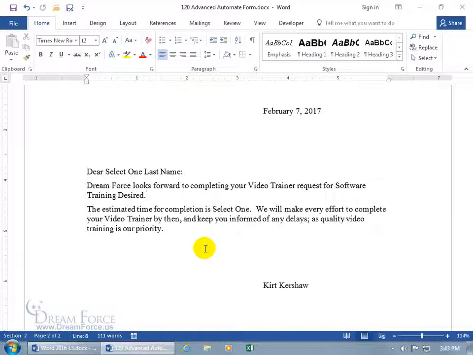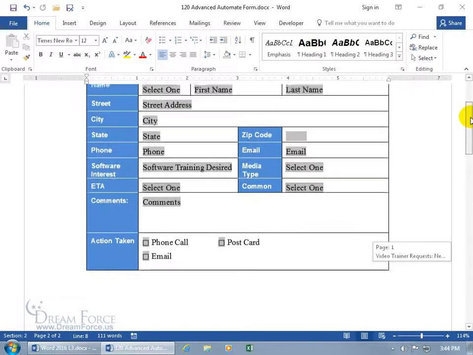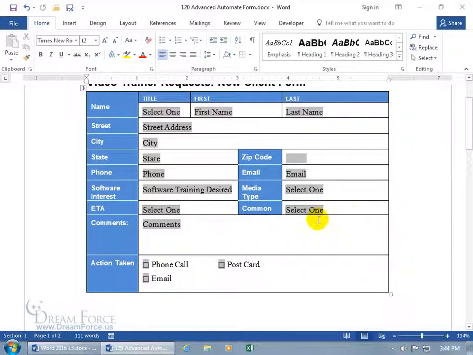Now this text that I want to add, I can either type it in myself after I insert some fields and change the coding thereof, so it'll automatically be pulled in when somebody types in some specific text or chooses a specific item again from a drop-down menu, or I can have it pull in from AutoText. And of course, if you watch my AutoText training video, you know what I'm talking about, but I'll show you both. First, let's go ahead and create my AutoText here and type in the text that I want added. When somebody chooses from my form on page 1, let's say from the drop-down menu, this one